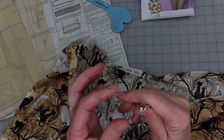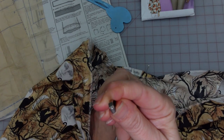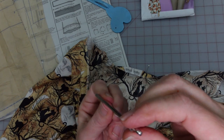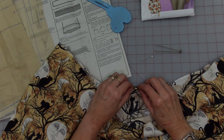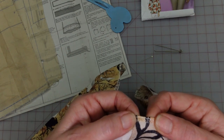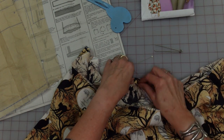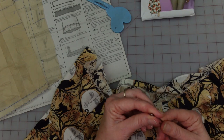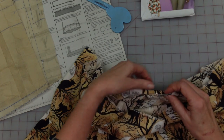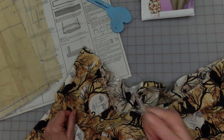Okay, so this is my bodkin that I feed through, and I need a fat 1/2 of an inch to be able to get this and the thickness of the little ring and everything through. So I will tend to err on the side of generosity for my casings. So if I turn the bottom edge under just so that my serging is underneath, and then turn it under, I'm going to give myself at this point 5/8 of an inch, okay? Because that way, let's say that my pin here is my stitching, I should be able to feed my bodkin through that. If I make it any smaller than that, it won't go through, and I dearly love using this thing, so